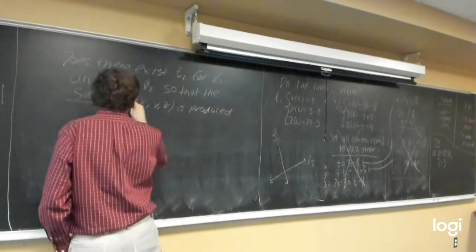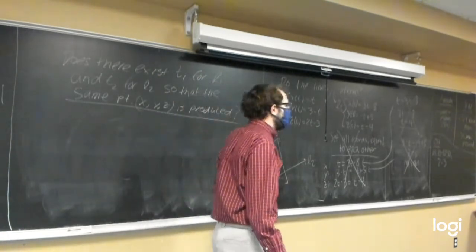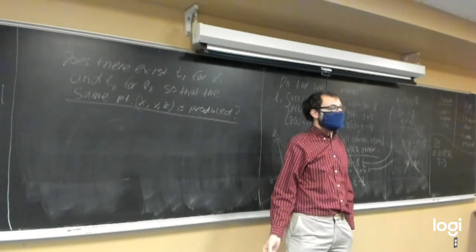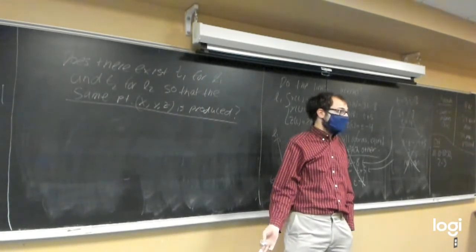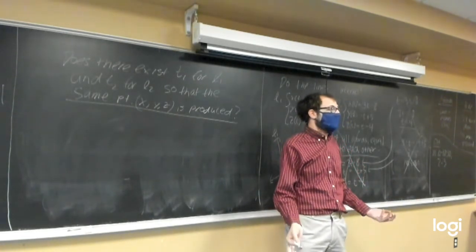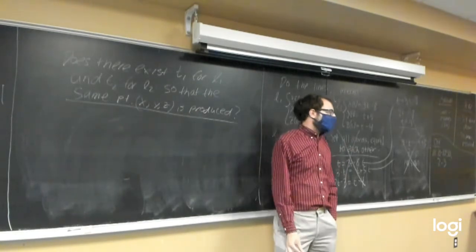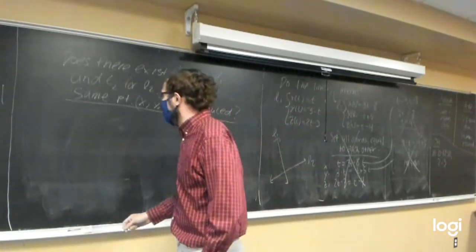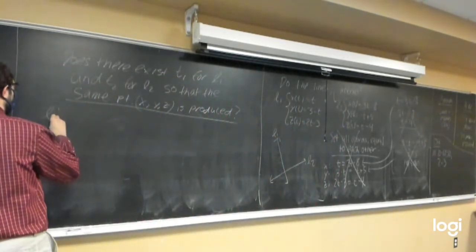Because there's no reason why the value of t you plug into the first line and the value of t you plug into the second line to produce the same x, y, z coordinates has to be the exact same value for t. So this is the question we really need to answer,